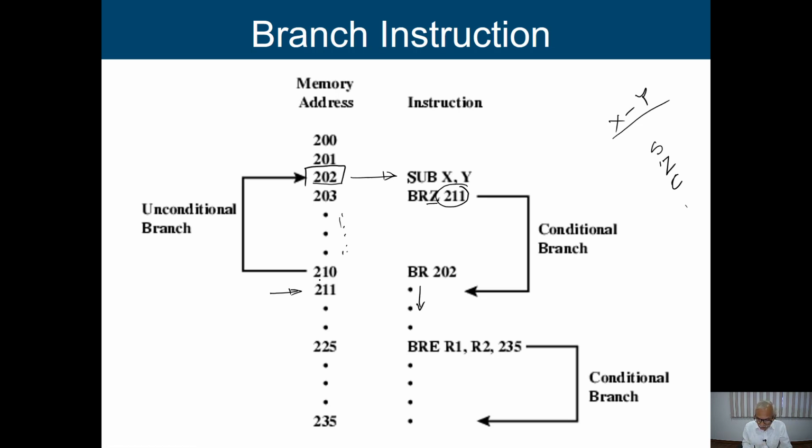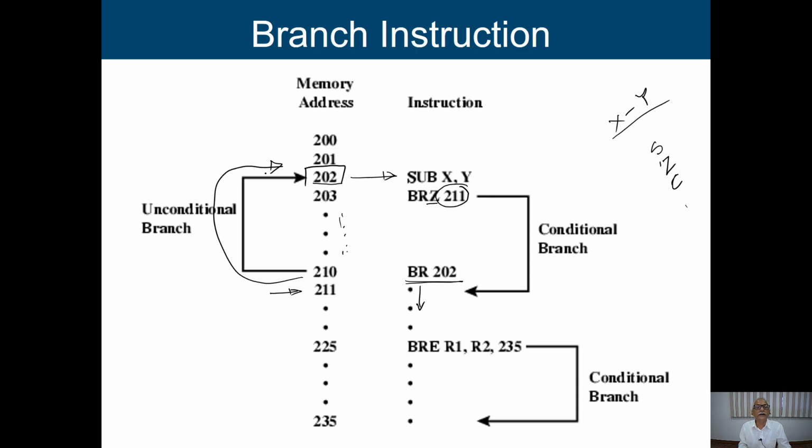And in memory location 210, what instruction do we have? Branch 202. This is an unconditional branch instruction. When I am going to execute this particular thing, then control will automatically go to 202. How does it go?